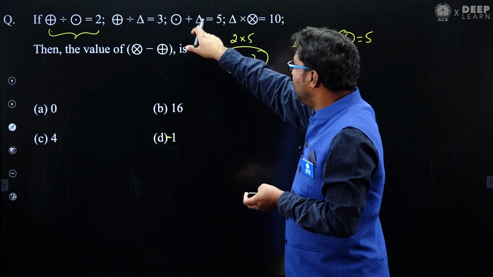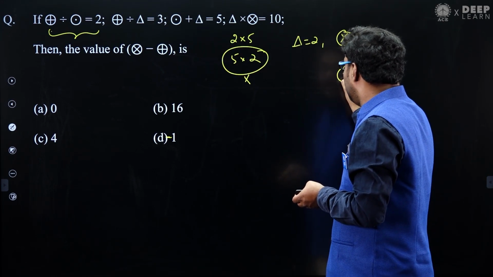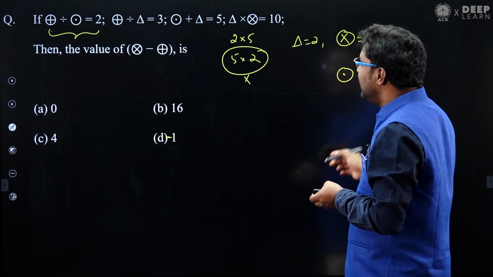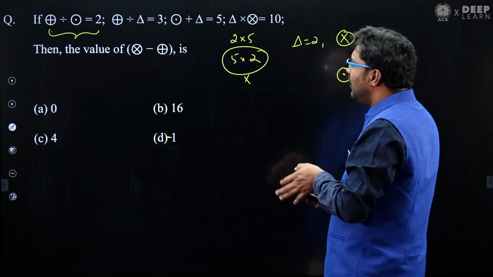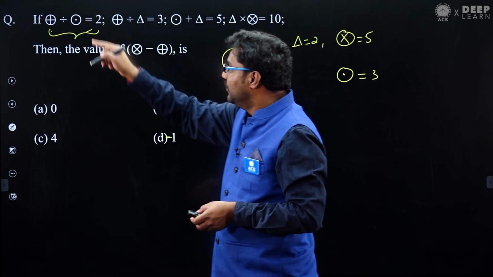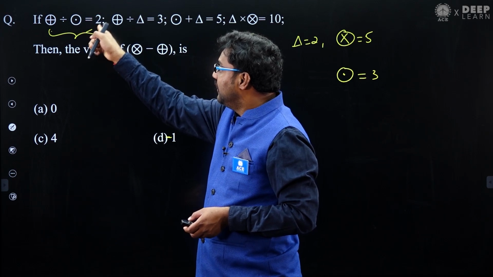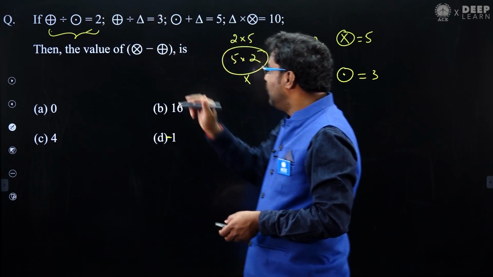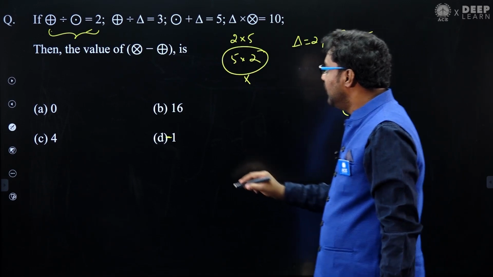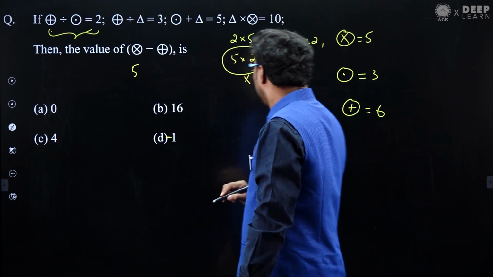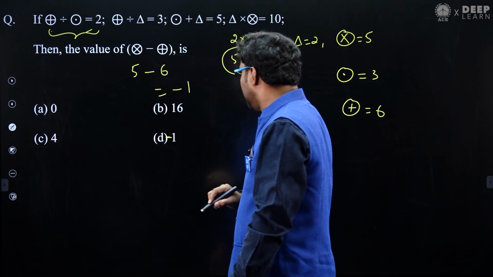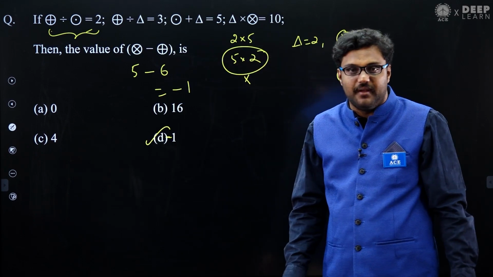Then if delta value 2 here, then substituting that dot, circle with that dot will become 3. Then using this symbol, already circle with dot is 3. Okay, then plus symbol will be 3 into 2. This will go and multiply there, right? Or else this is 2 into 3. We got plus symbol is nothing but 6. So as per the question, this is 5. Okay, this is 6. Together we have to get minus 1. So answer is minus 1, my dear friends.